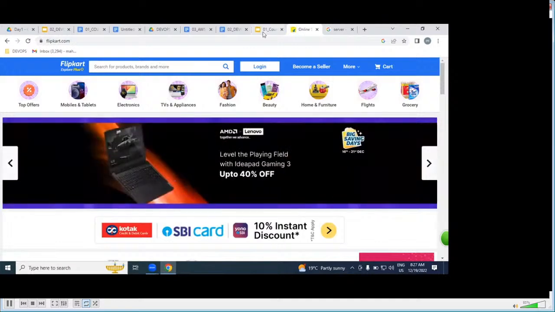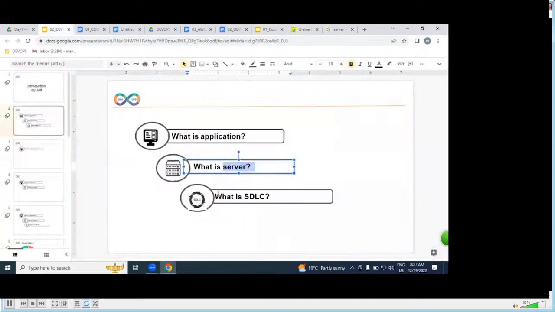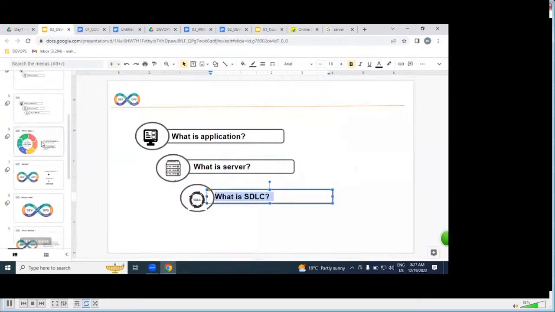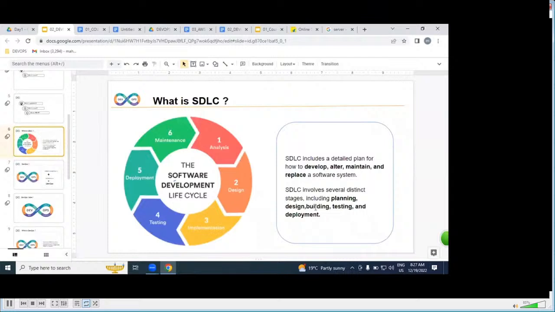But the next question is pending, guys. Please tell me. What is SDLC? How many people are aware of this? Online students can reply. How many of you know? How many of you don't know? If you know, say yes, sir, I know it.